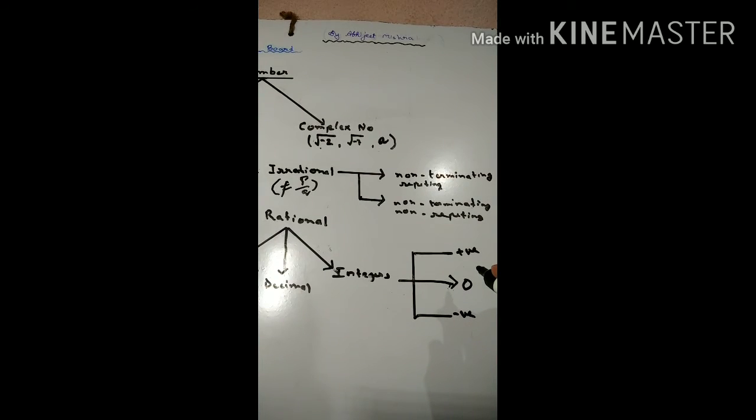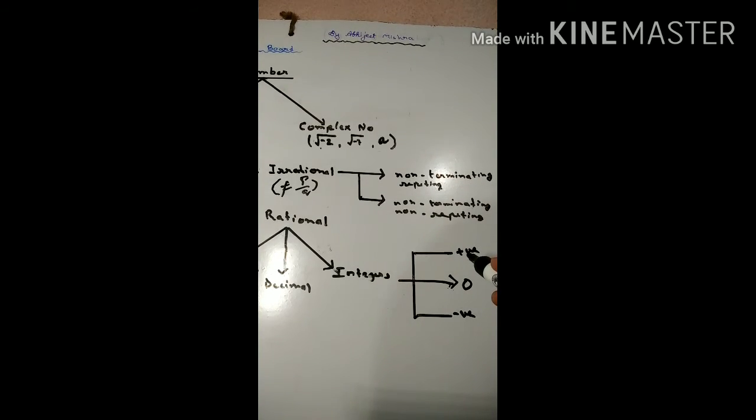For example, root under 2, root under 3, these are irrational numbers. The value of an irrational number when taken out will be terminating, repeating, it may be non-repeating too. So it's very clear that a number which is not rational, means which can't be expressed in the form of p by q, which can't be expressed in the form of numerator and denominator, is called an irrational number. Now let's come to classification of irrational numbers.